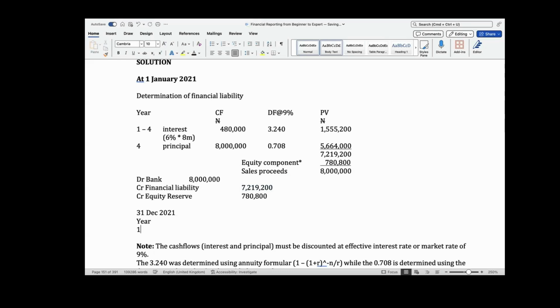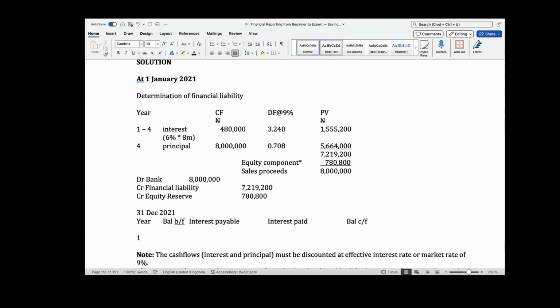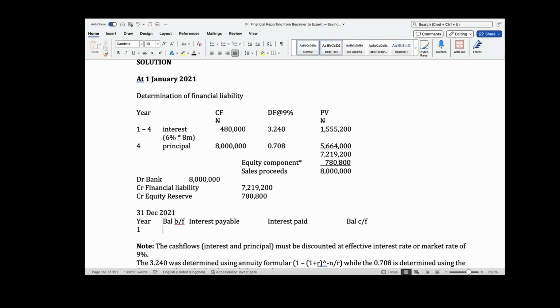Right now we are having two rates, the effective interest rate and the nominal rate. That means we have to do that table that I taught you to get the value of the liability at the end of the year, with the interest payable, interest paid, and balance carried forward. So the balance brought forward is the value of